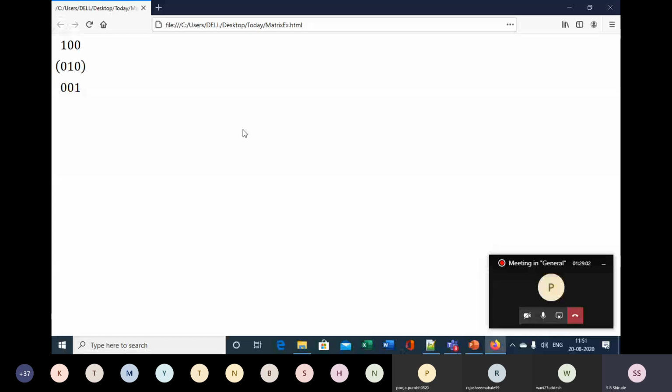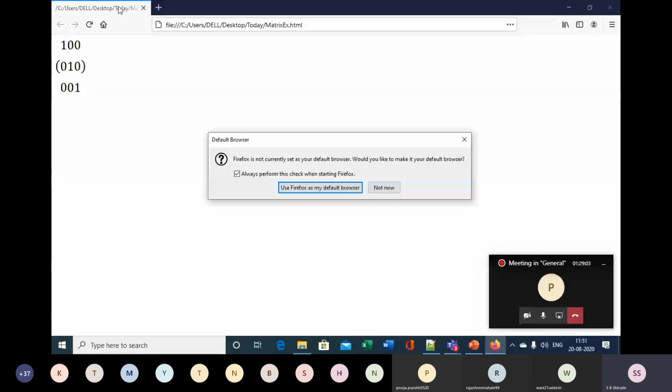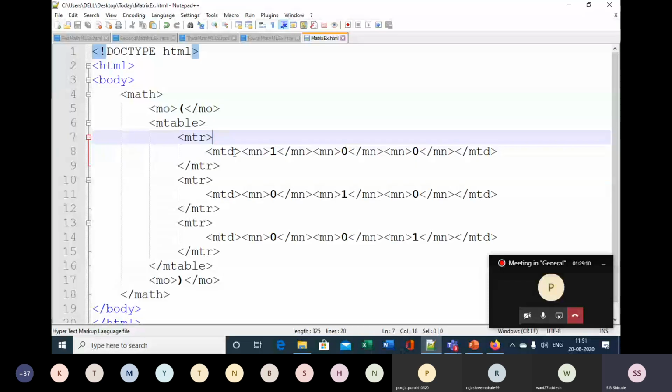So you will see that once again we have made some mistake. So what is that mistake? If anybody is able to see the mistake, then you can find out. mtr, mtd 1, then 0, then 0, and this mtd is there. So this mtr is closed, meaning the first row, and then the second row.